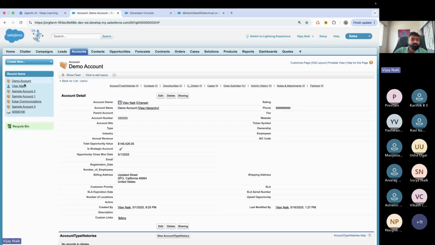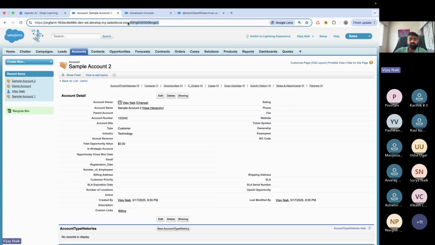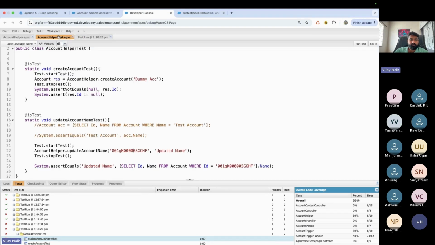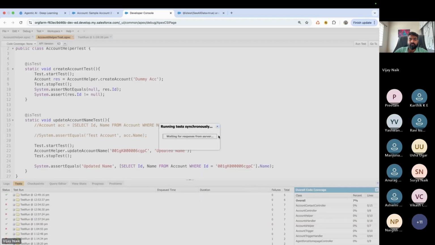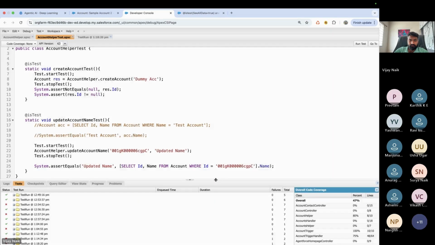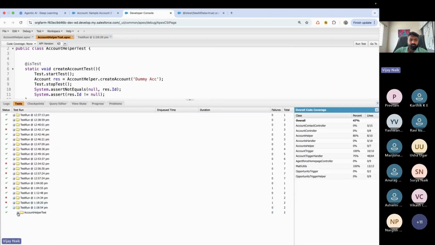I'll take a different account. Let's take this sample account. I'll use this ID. See, now it succeeded, right? So there are no issues. It succeeded. But